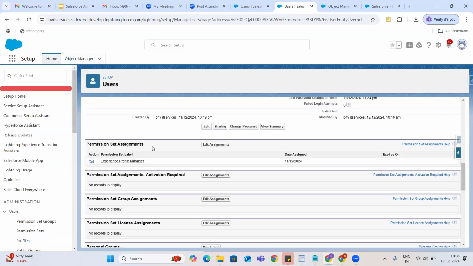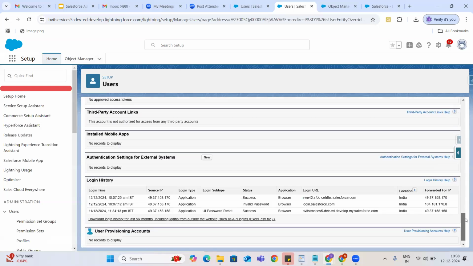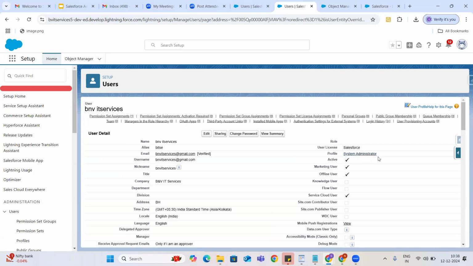Here permission set assignments, and you have an edit button also, right? So all these things, you have edit assignment, something like that. This is my Salesforce license. I can see these things. If you create the Salesforce Platform user, what you can see. Sorry, if you create another user with Salesforce Platform license, what you can see on your user record.